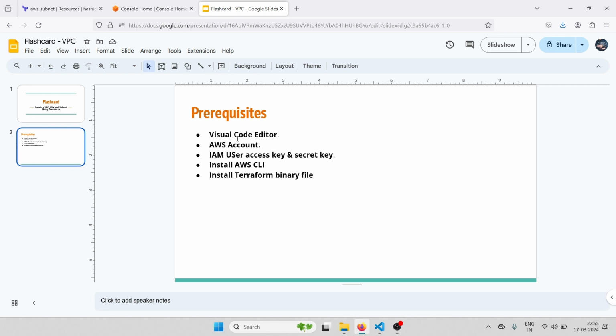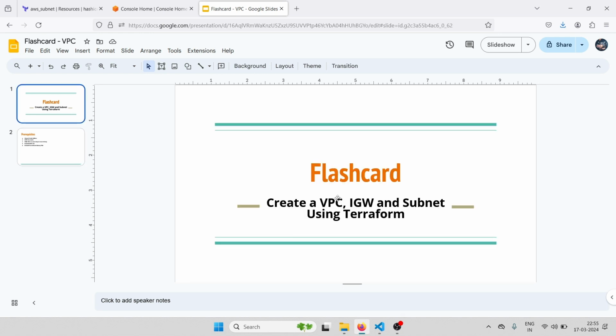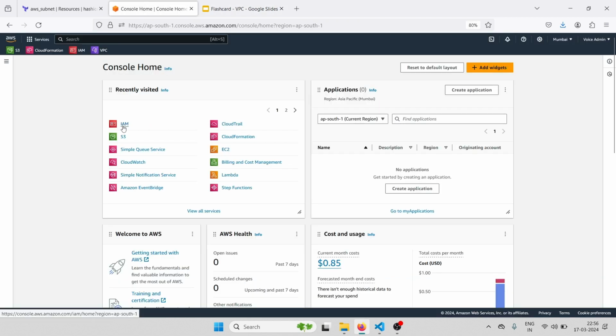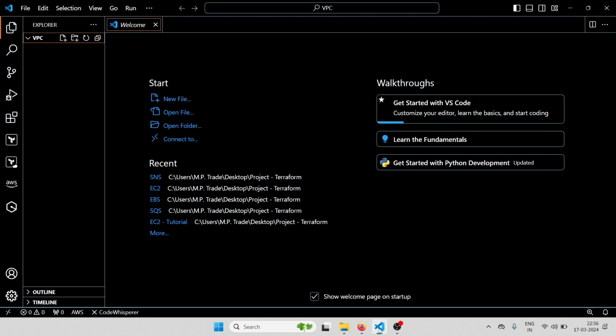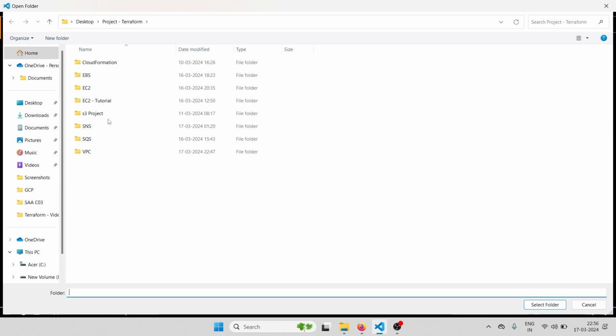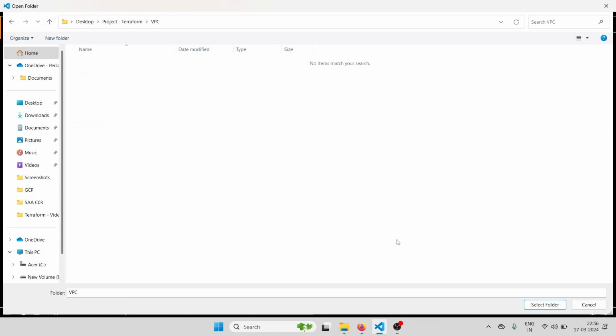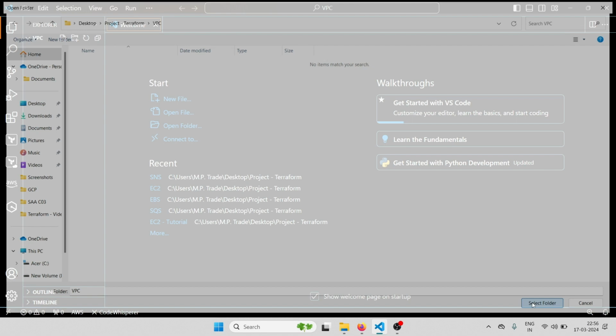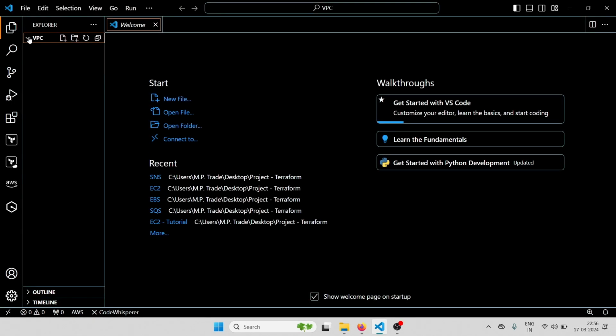So let's jump to the lab. First of all, we are going to create the VPC, then subnet, and then internet gateway. Here I have the AWS account, and let's go to Visual Studio Code. I'm going to create this in one of my folders. I'm going to choose this VPC folder. Currently there is no file. I'm going to map this VPC folder location, and now I'm going to create